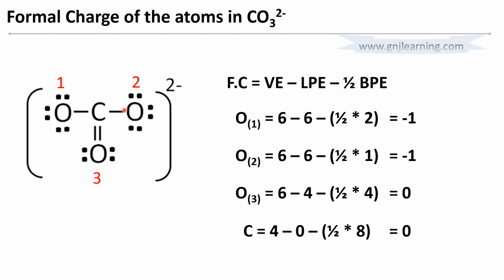The second oxygen also has gained 1 electron. So if you sum up the charges, it will be -2, and you can see that -2 written over the species. Clear? So this is the formal charge of the carbonate anion. This is how to calculate the formal charge. Now next,